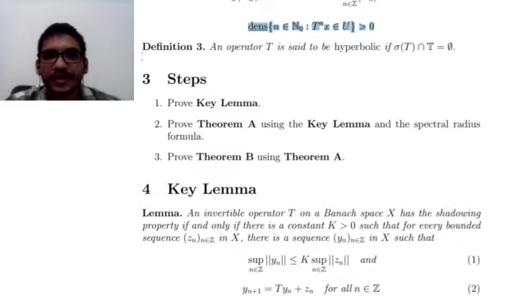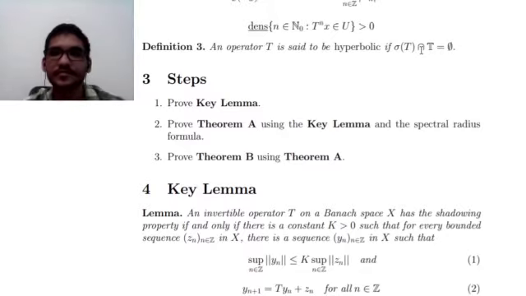Well, definition 3. An operator T is said to be hyperbolic if the intersection of the spectrum of T with the circle of radius 1 centered at 0 is equal to the empty set. Okay,